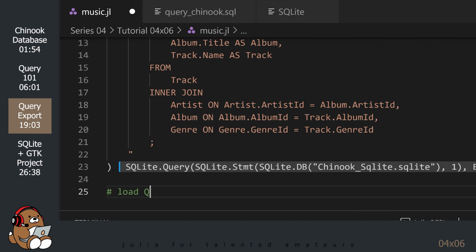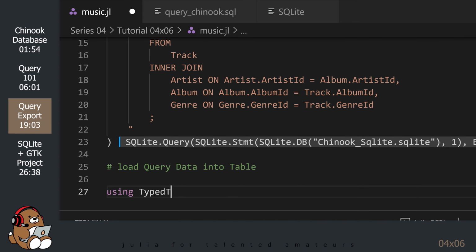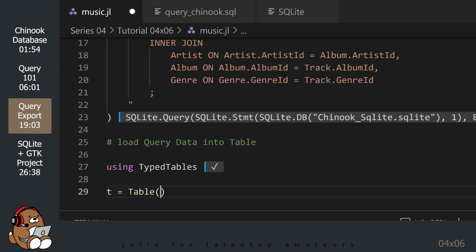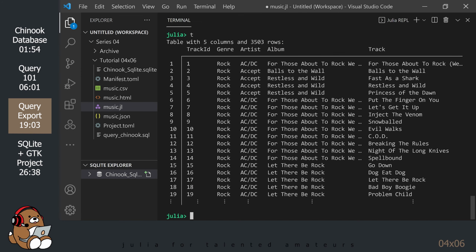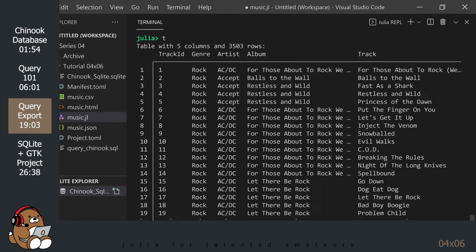Okay, now that your query data has been loaded into memory, you can load it into a Julia table. Now that your data is in a Julia table, you can load it into any Julia constructor that supports the Tables.jl table format.